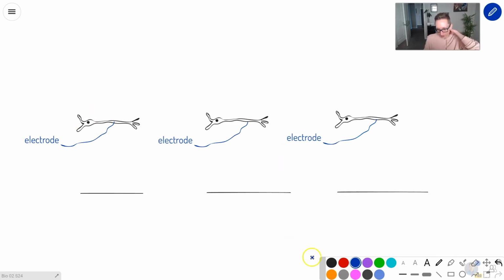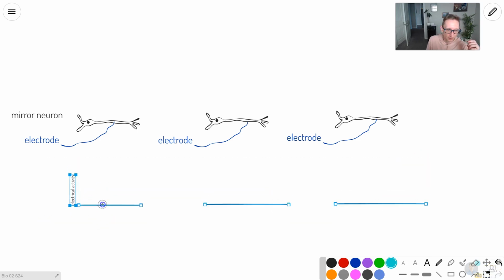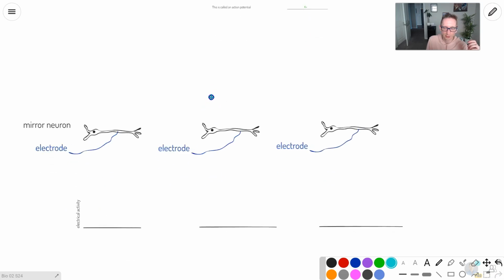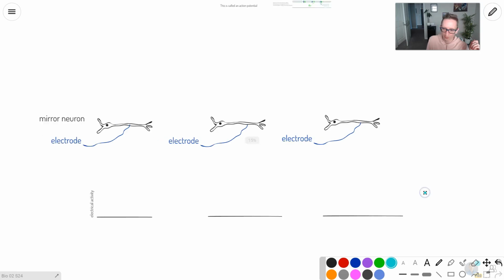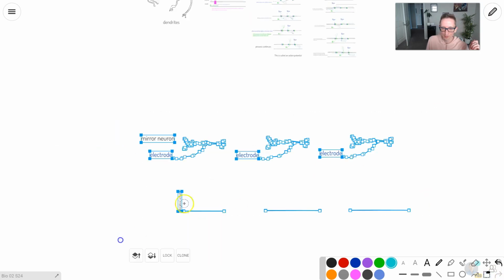And we can look at a normal neuron, and this is actually a special neuron called a mirror neuron. We can measure the electrical activity. So here we'll have electrical activity, going up here. All right, so then we can measure the electrical activity of these neurons. And we got 3 different scenarios here that I'm going to talk about. Let me move these down a little bit. So what are these scenarios in which we're measuring electrical activity for these neurons? Let me pull these guys down,